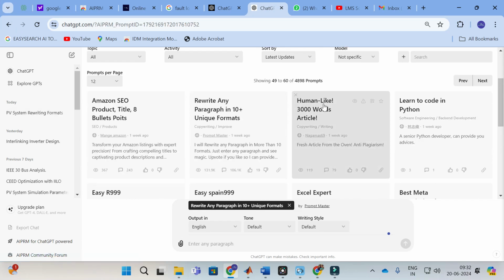So the next prompt we are going to discuss is human-like 300 words. Human-like writing is one of the major problems faced by our fellow researchers. Whenever your paper is subjected to AI plagiarism, you can use this kind of tool to write a human-like 300 words article. For example, if you are giving an article title, I am going to give a title like this. So, importance of